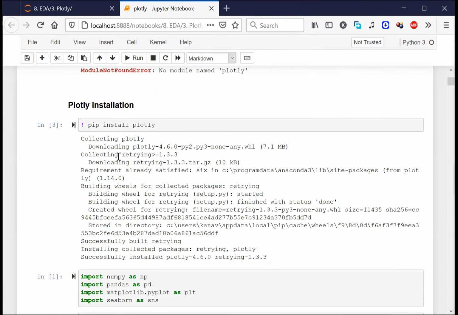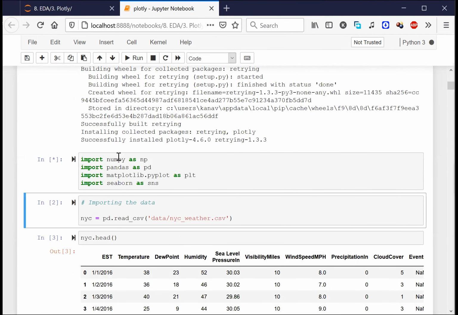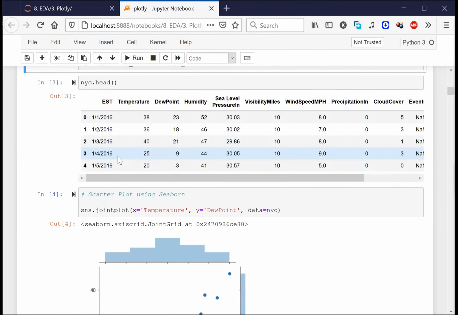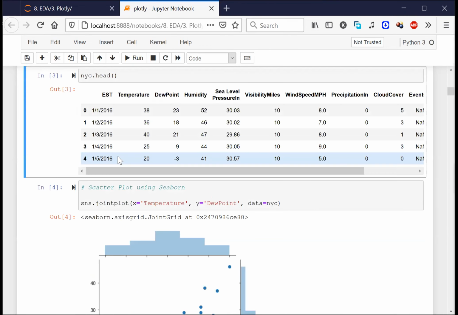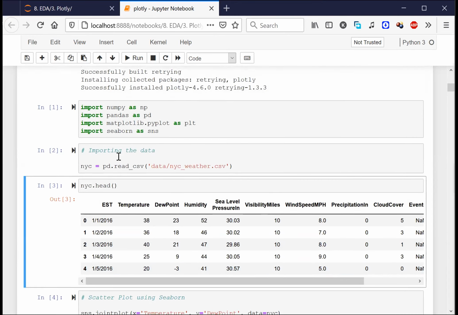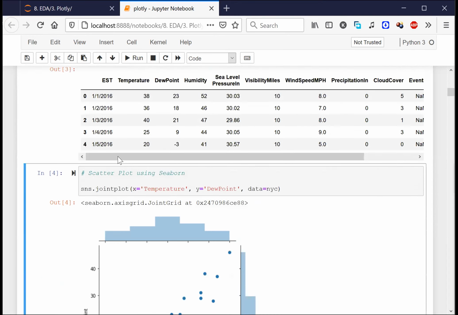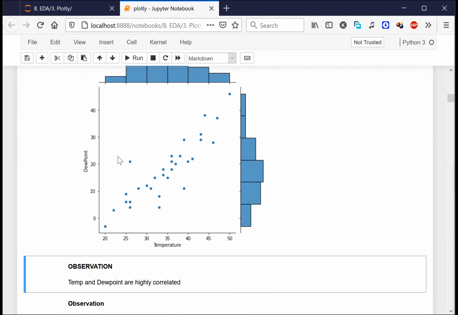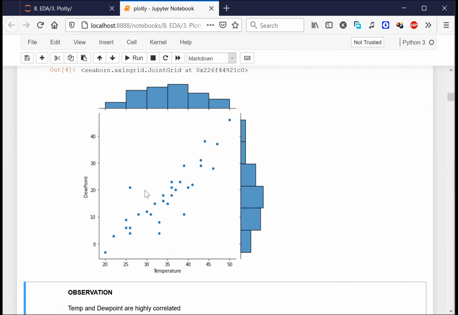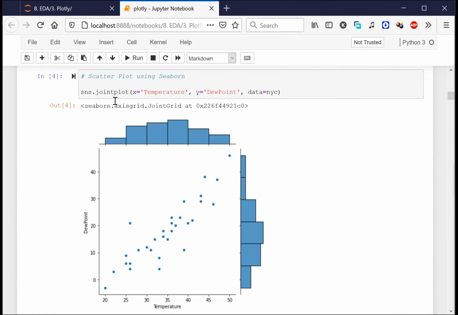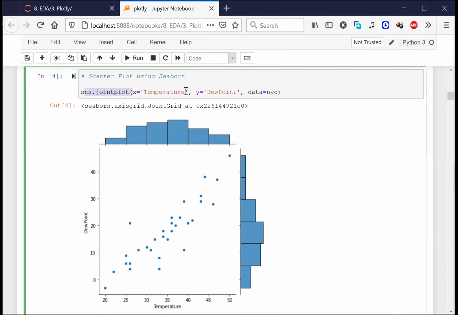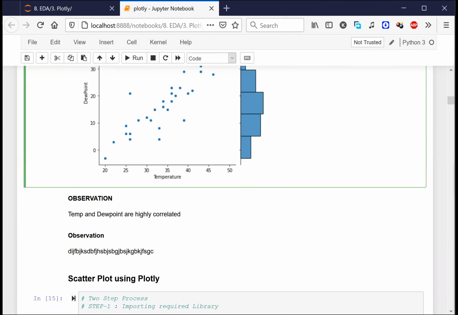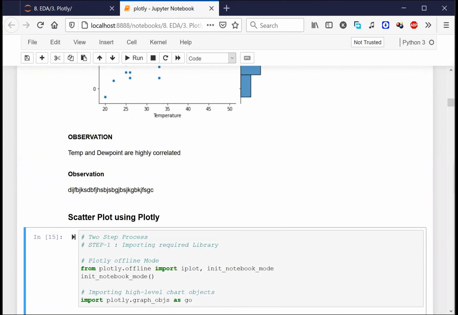Yes, if I load this entire file, this will work, right? So you have this data. You remember this entire plot, right? We used the Seaborn joint plot to plot this entire data. Now let me go down. Let me show you something very interesting.